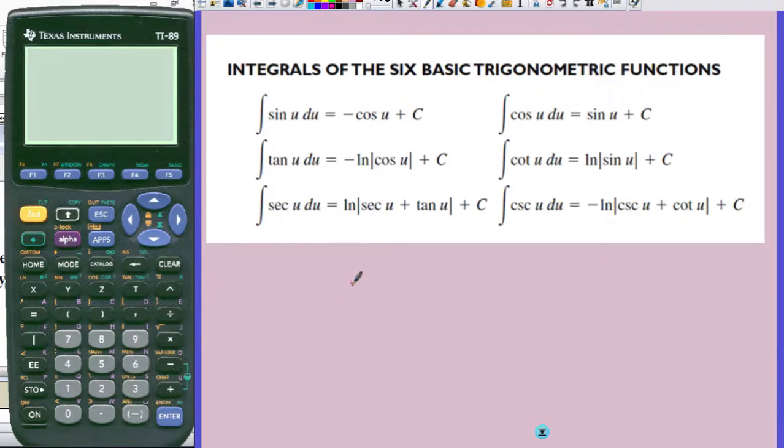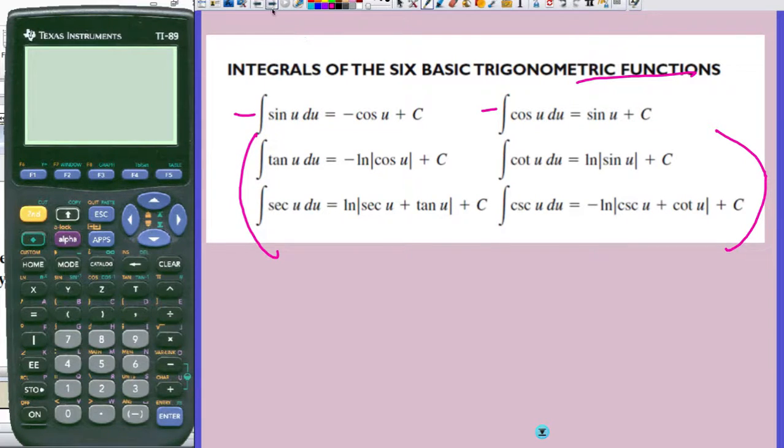As a note, you can do integrals of the basic trig functions. These first two you've probably done before and you know this. These other ones are weird, but these are different. They involve natural logs. I'm not going to ask you to memorize this. Just note that this does exist, and if it comes up, you're going to have to reference it later. All right,